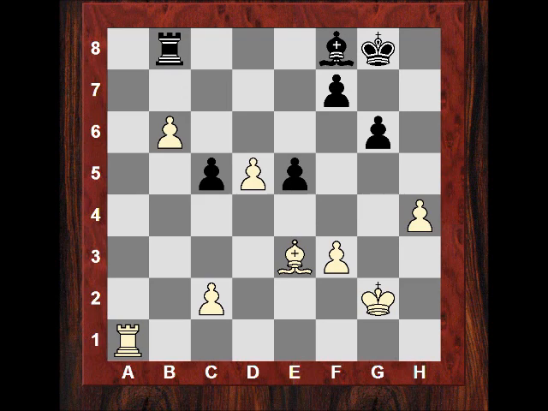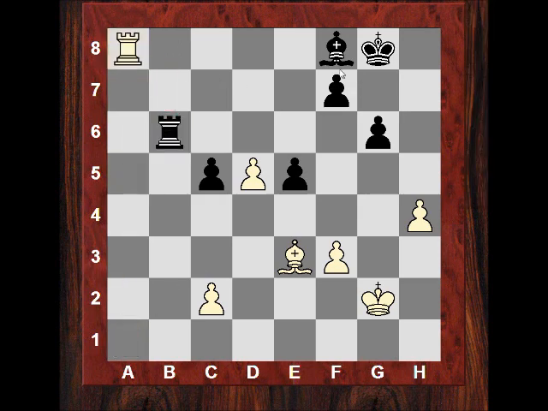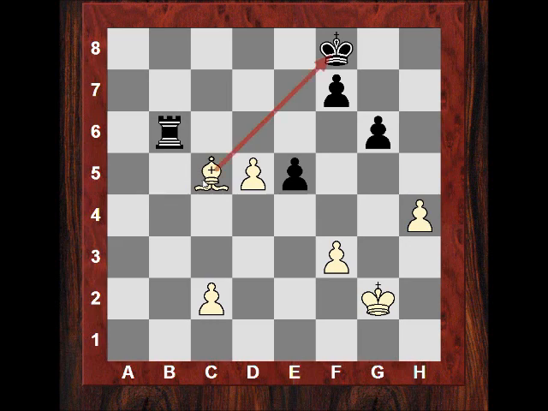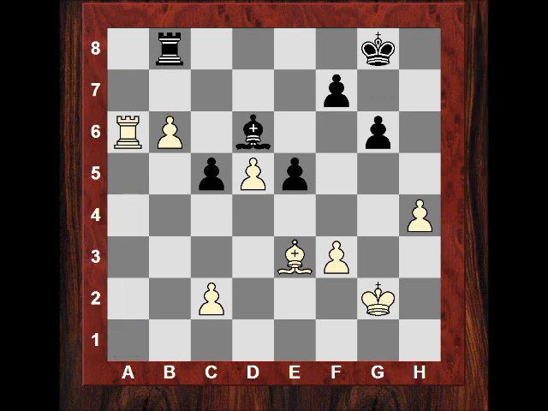This pawn is immune because of this pin, rook a8. Just to quickly show you that, rook takes there. How does Black defend? And if king here, then rook takes, and this is a nice tactic, a double attack, for example. So bishop d6, we see rook a6, threatening, for example,